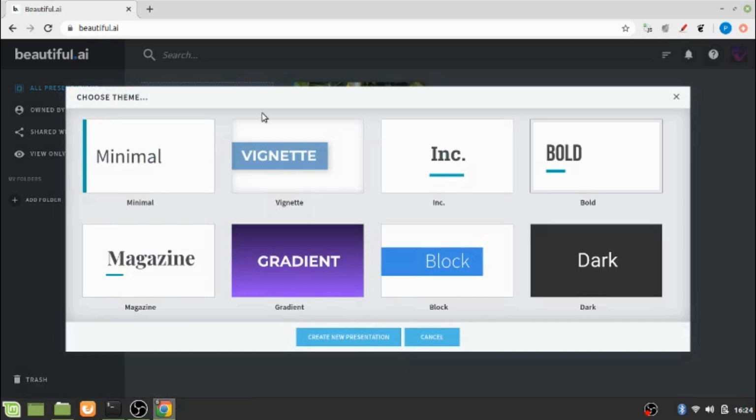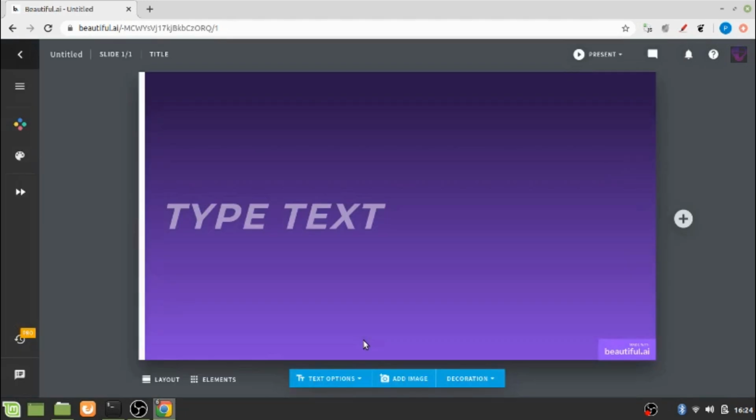So for that, click on New Presentation, and when you click on that, you will be asked to select one theme. Let's select this theme and click on Create New Presentation. Now you see a different side panel has popped up where you will find a lot more options. This portion is about the title of your presentation.